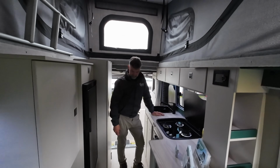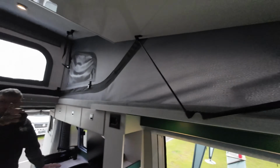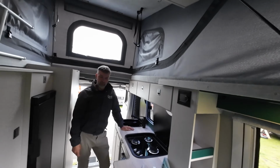But yeah, you've done well there. The reverse pop top's a great idea. And then we've hinged it where you are, because you're stood right at the front. Yeah, that's right. Tall, but you've still got room, and then obviously this drops down to there, and you get access from the rear there,